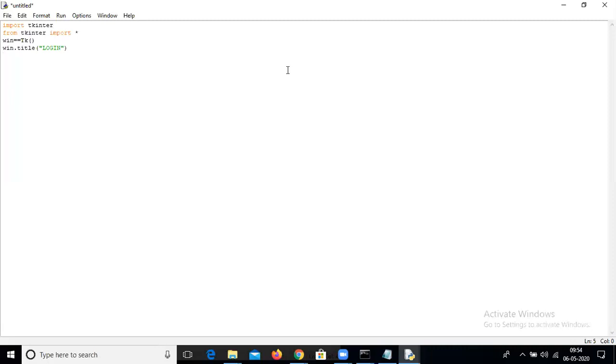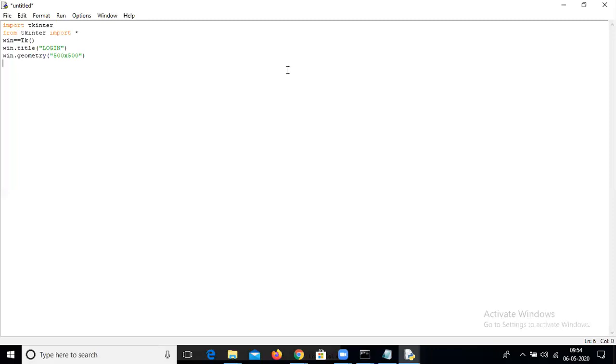After that, if you want to set the size of your window, just use the method window dot geometry. Is the spelling right or wrong? G-U-M-E-T-R-Y. Maybe it is wrong. Let me check when we run. It will show the error there. If it is wrong, we will make it correct. It's okay. What size do you want? Let me create it with 500 width and 500 length.